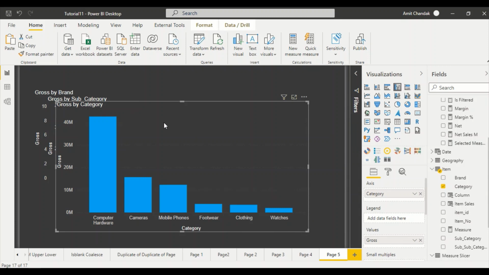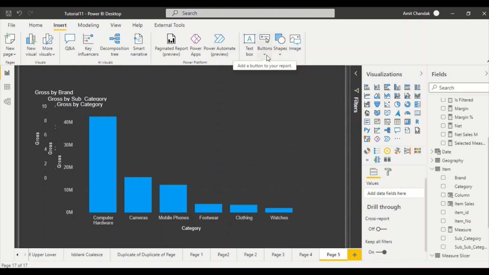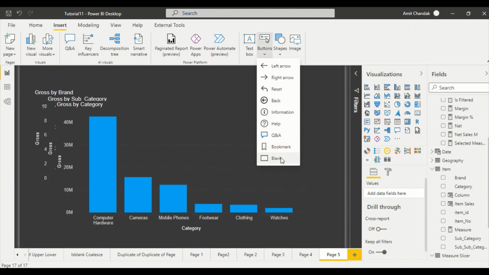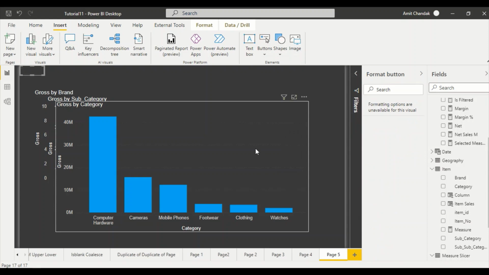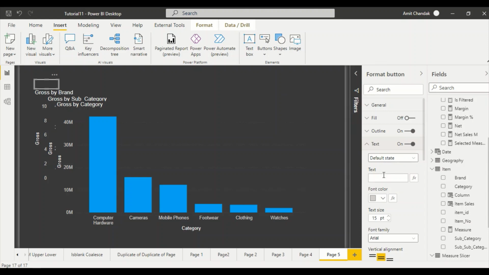Now what we need to do is create 3 buttons also. Okay, so we go ahead here and we say insert buttons, and you can insert a bookmark button or you can insert a blank button, it's not going to make any difference. We just create one button, and I'm going to create a button like here. Okay, and I'm going to say text. I'm going to write down the action later. I'm just writing down text because I'm going to define these things first. So I'm going to write brand,